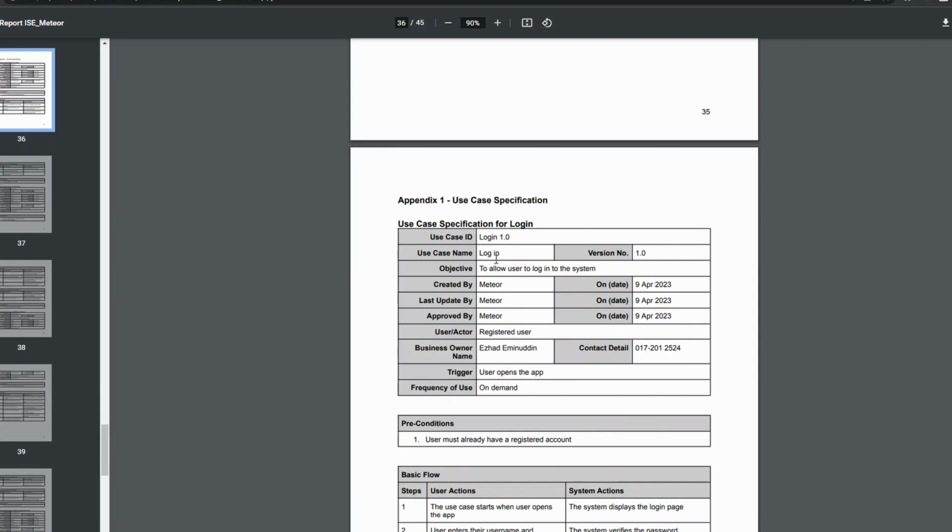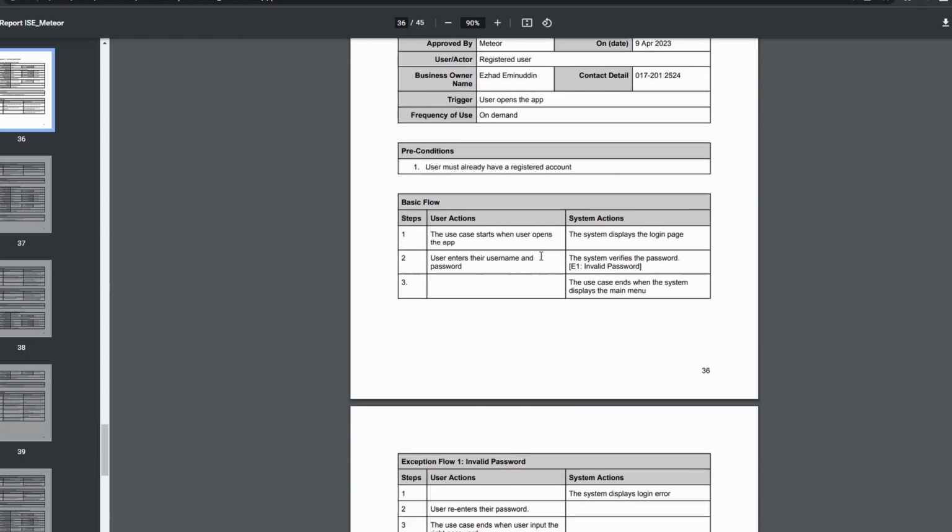We have the use case ID, login 1.0, and then the use case name, version number, and then the objective, which here is to allow the user to log into the system, and then created by, last update and approved by, and the date it was created, last updated and approved, and then the actor, the business owner name, contact, trigger, and also frequency of use. We also have the preconditions. In this case, the user must already have a registered account before we can proceed to log in.